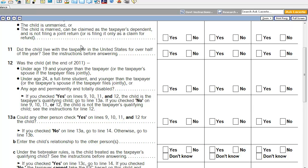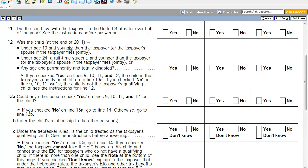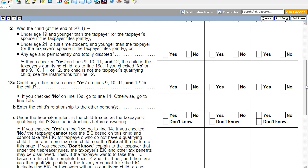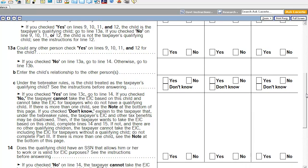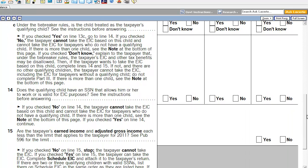That's that residency. And then the age question. So under age 19 and younger than the taxpayer. So for instance, a younger brother can't claim an older brother for EIC in most cases, generally speaking. Under age 24 and a full-time student. Okay, that also meets the age criteria. Okay, so it's basically just taking you through the